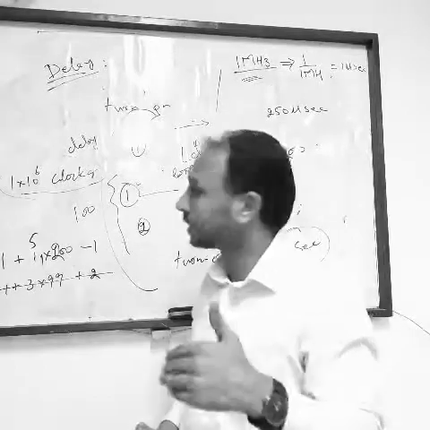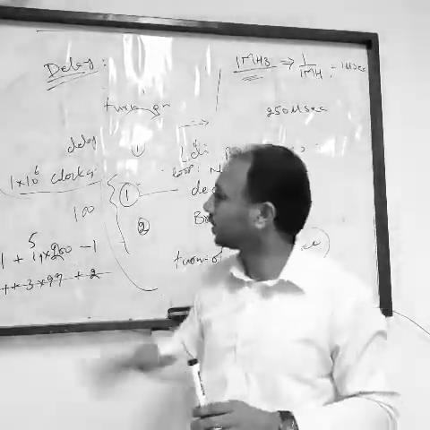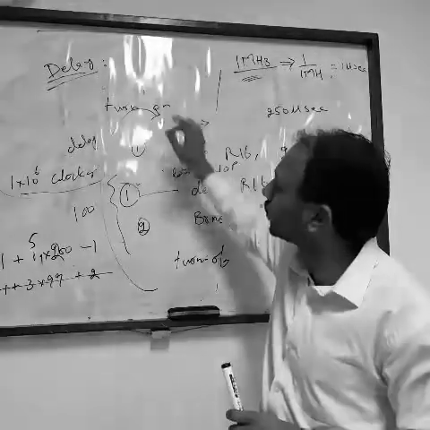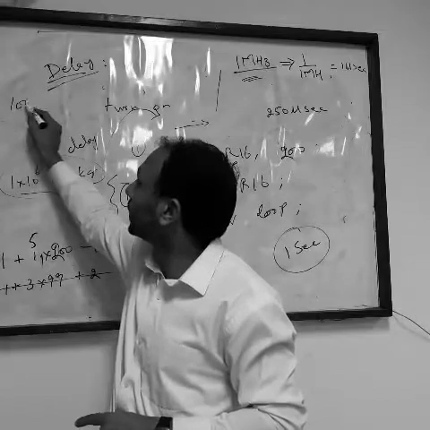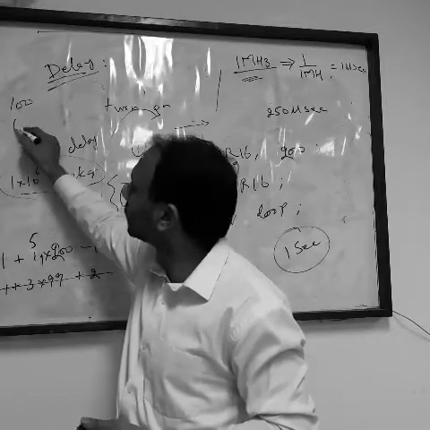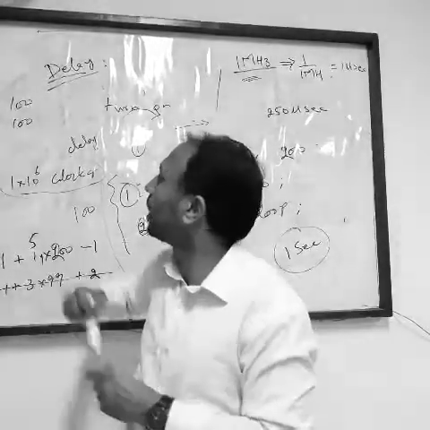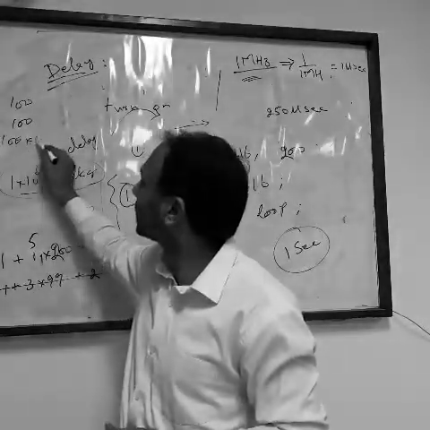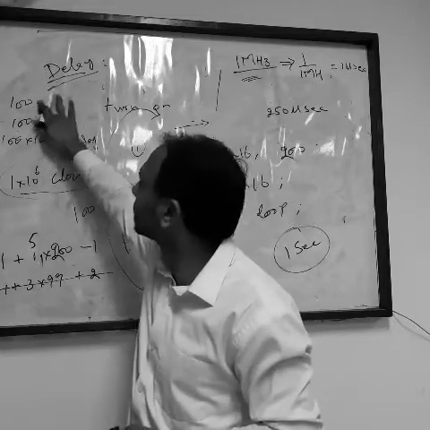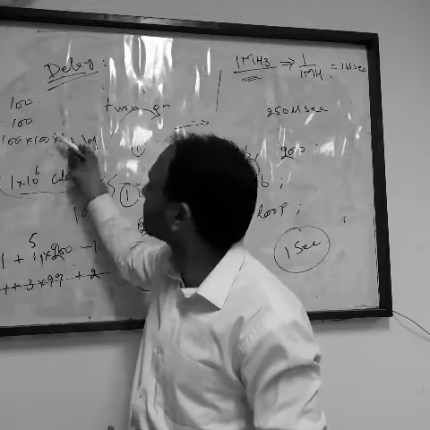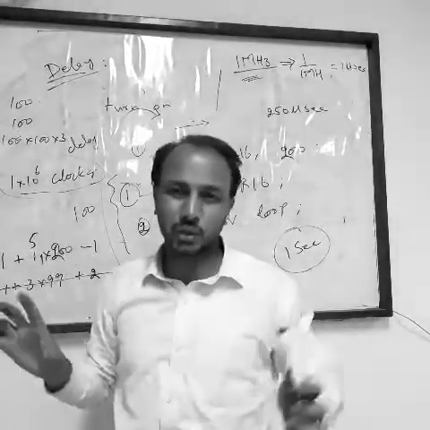One is just a rough delay, not an accurate delay. There you simply multiply the outer loop and the inner loop. Let's say your outer loop is running 100 times and your inner loop is also running 100 times. You only multiply these two and you say, okay, your delay is 100 multiplied by 100, and if there are 3 instructions inside it, you just multiply it with 3. So this is your delay. This is the rough calculation of delay.